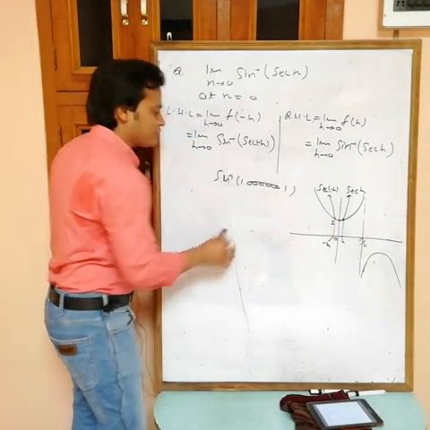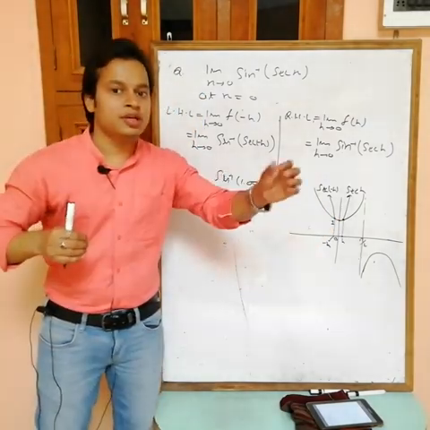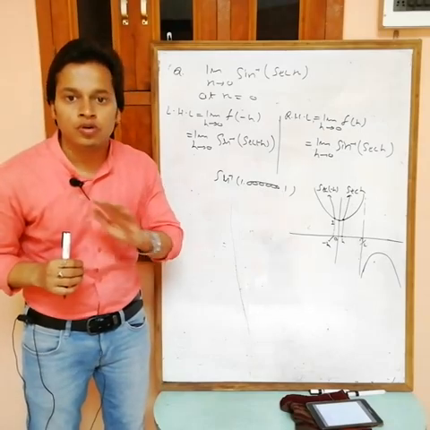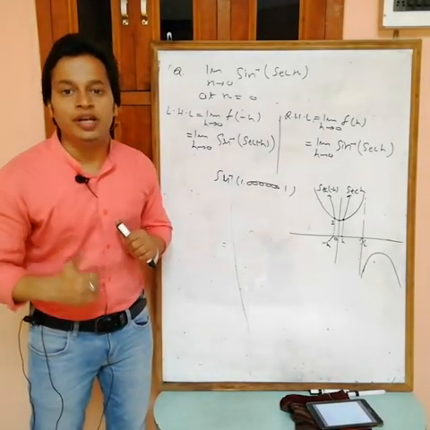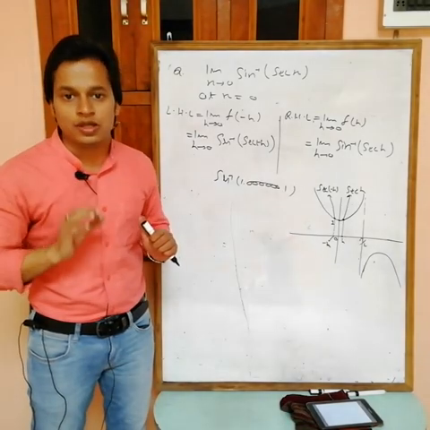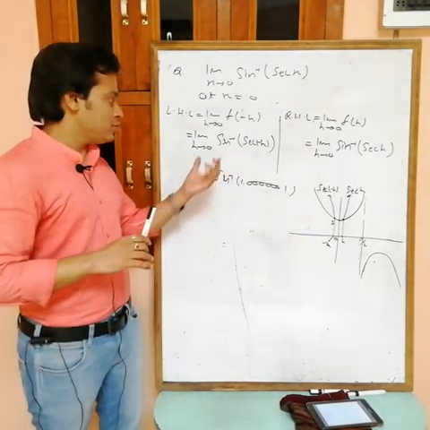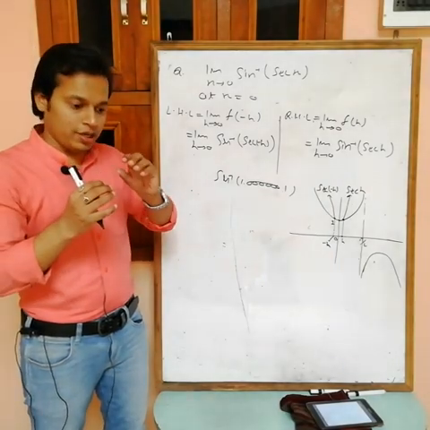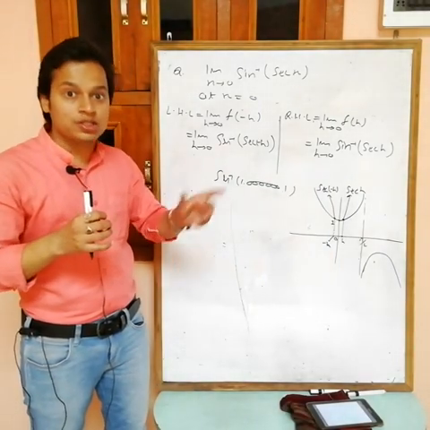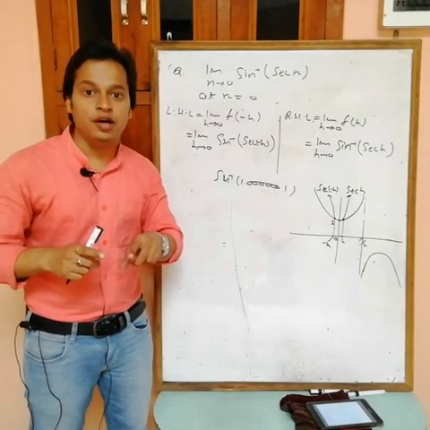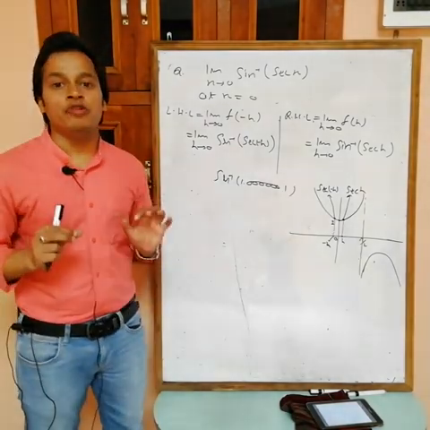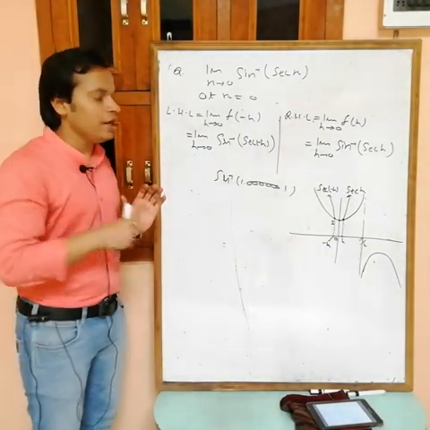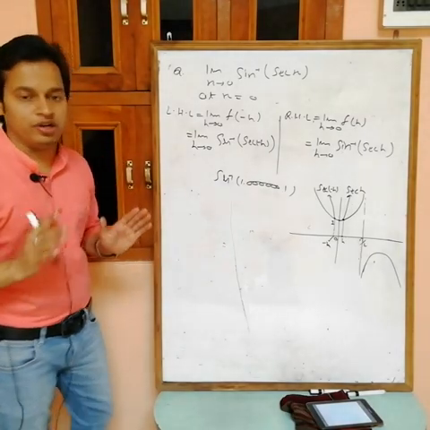Now here we have sine inverse. Now check, is sine inverse of 1 point something defined or not? No, sine inverse is only defined from minus 1 to plus 1. It means you can't find the value of this one, because for the answer of the limit, first the function must be defined, because a limit is only for a function. Here LHL and RHL both are not defined.